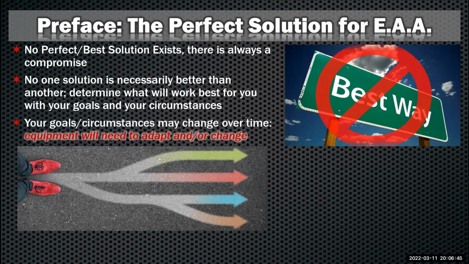And of course, things are going to change. So your goal now is going to be very different from maybe what you want to do in 5 years or so. And at that point, your equipment will have to adapt to that, or you're going to have to change out your equipment. So, if someone's seriously considering doing EAA, don't get stuck thinking too much about what I need now, and then something I could continue to progress and build on, because oftentimes that is very difficult to do. So, focus on what you need now, what you think you're going to be able to do in the short term, and then just be ready or know that you have to adapt or maybe even switch out equipment.